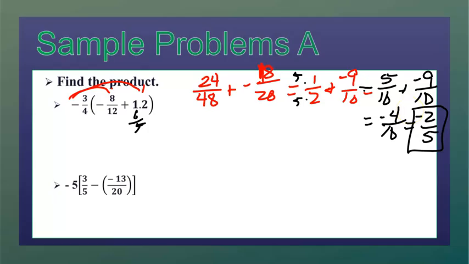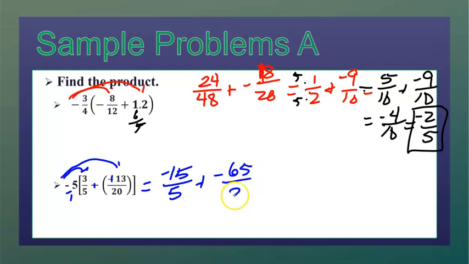And our last one here just distributes. So here it's negative 5, just treat that as negative 5/1. So that's going to give us negative 15/5. And since I'm subtracting a negative, I'm really adding inside here. So that's going to be a negative 5 times 13, which is going to give us a negative